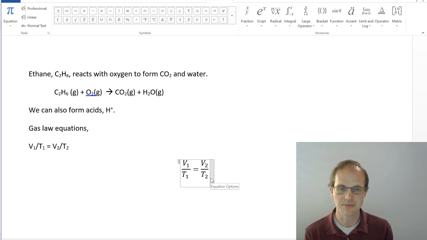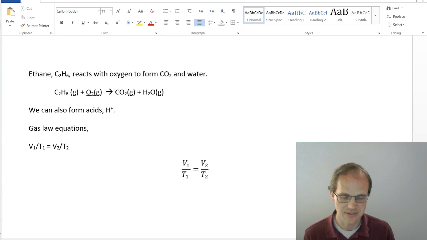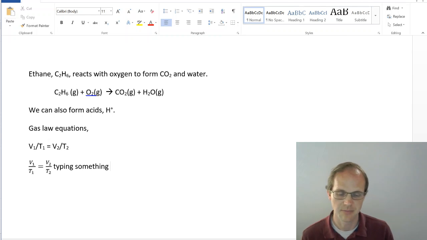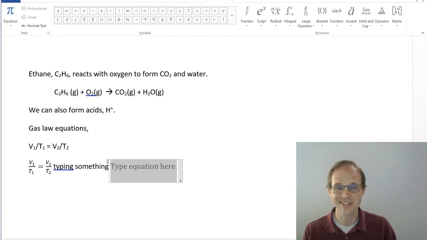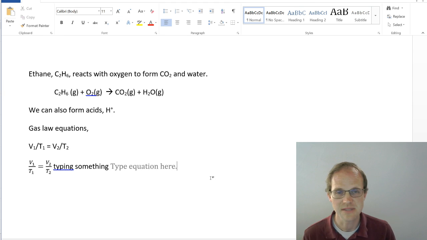Now, a lot of times we have formulas where we're plugging things in or doing things. If you have a bunch of things that you're doing, the best thing to do is to make it all one equation. So instead of getting out of this equation and then typing something and then putting in another equation right there, it's actually usually best to make one line, one equation. Not always, but a good thing.